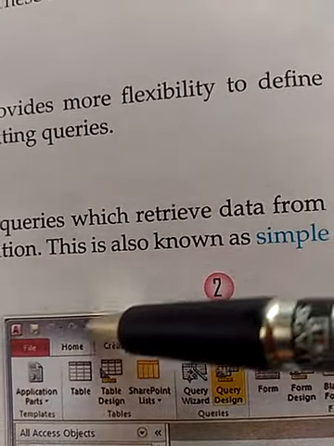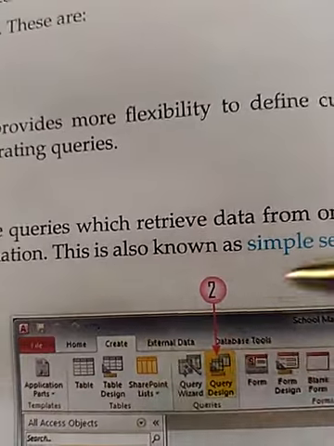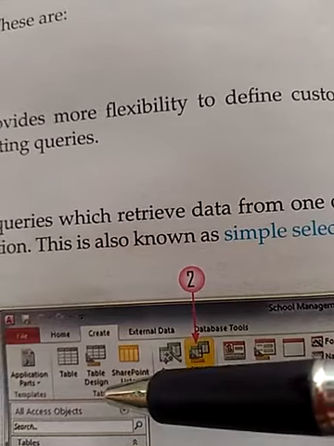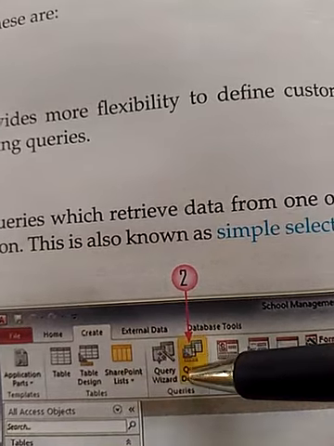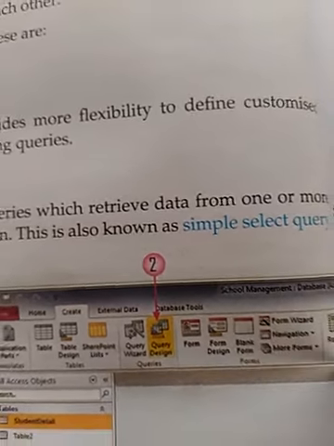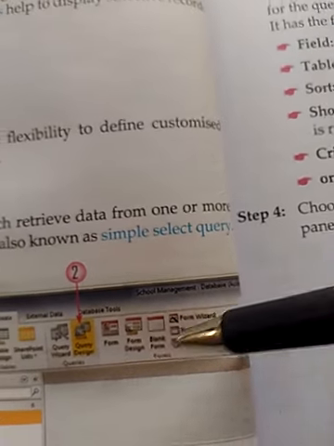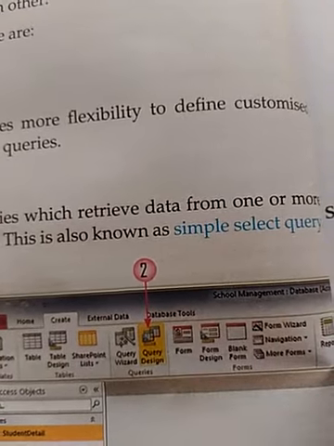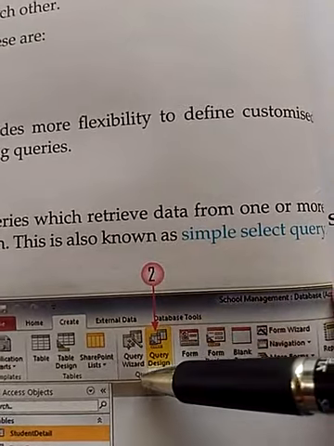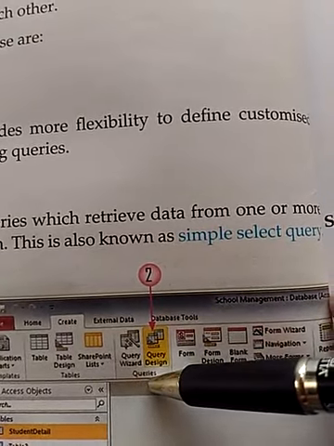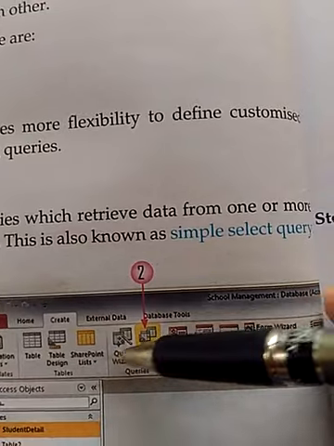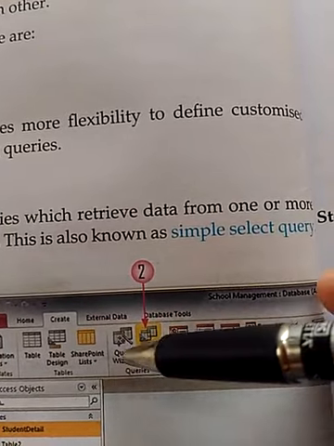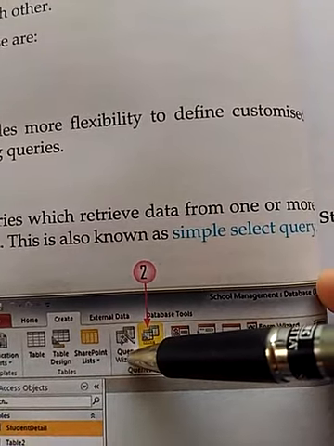In the create tab, you will find the group of table, group of query, group of form, and the group of report. So we are dealing with the query, then we will move to the group of query. In the group of query, there are two options. One is query design, another is query wizard.